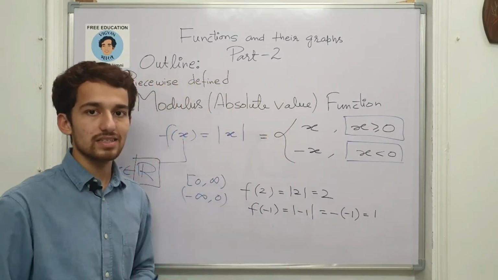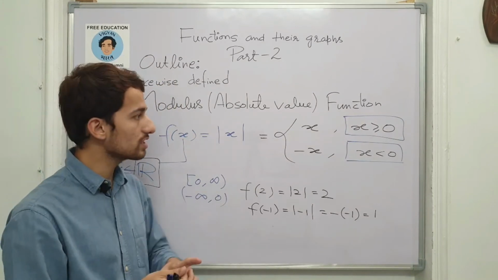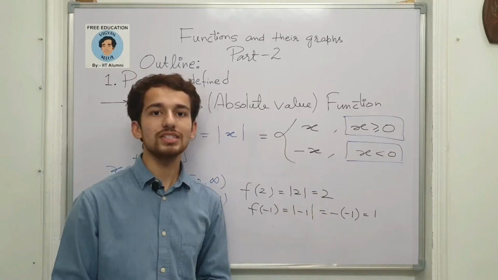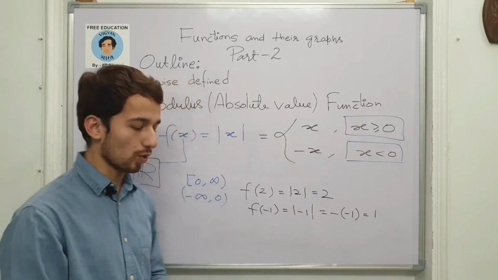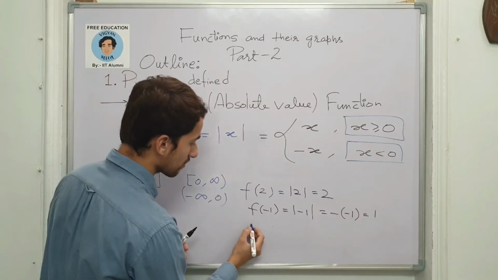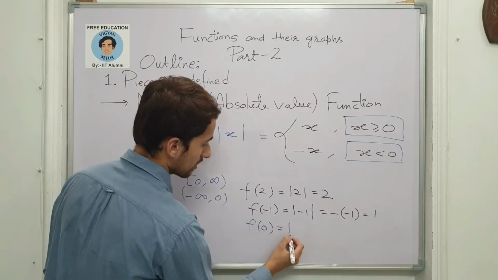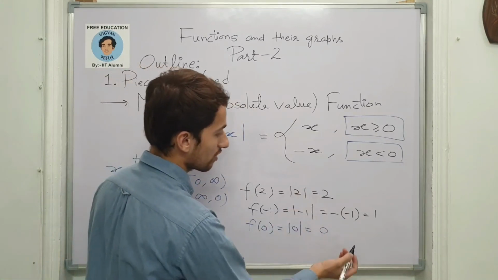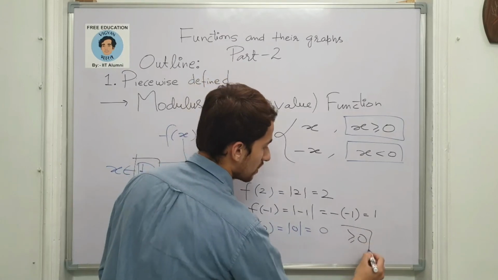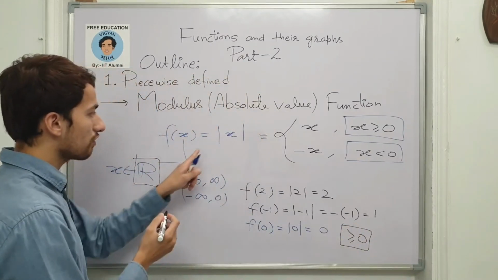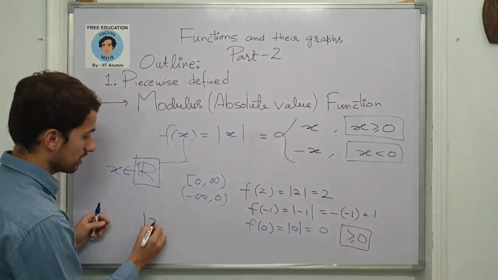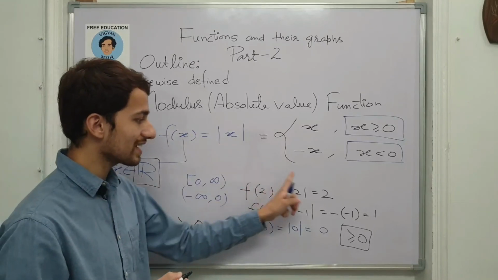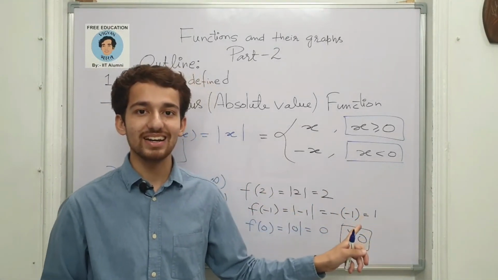So in both cases, whether you choose the value from this part of the domain or this part of the domain, your answer is always positive, or at most it can be 0. It will be 0 when you choose the input to be 0 itself. Modulus of 0 is defined to be 0. In all three cases, the values are always greater than or equal to 0. So we can say that our function |x| always admits a value greater than or equal to 0.